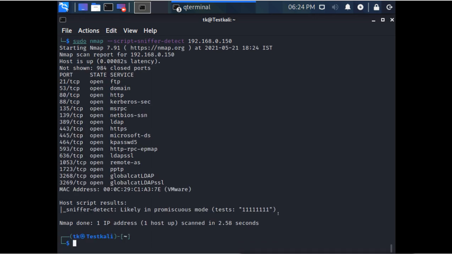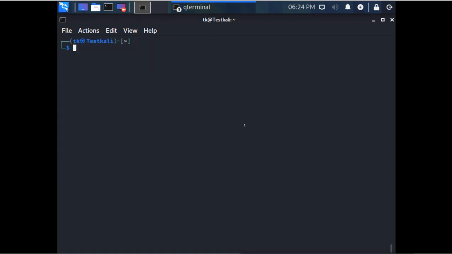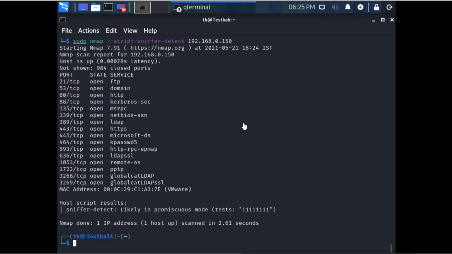Okay, the interface is still in promiscuous mode, and it needs to be restarted. After that it goes back to normal mode. But we have stopped the sniffer now. This is how we can detect the sniffer, by using the Nmap script, or we can use a graphical tool.